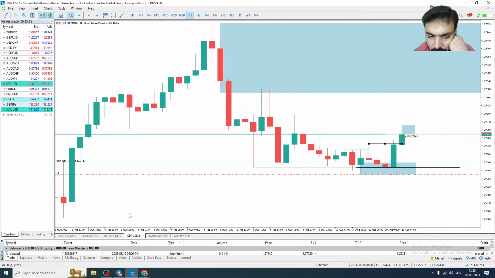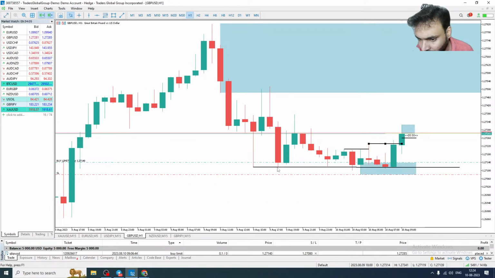So there is a chance price can go here and react, then it can come to the manipulation zone. It's already taken the liquidity here, somewhat taken, not 100%. Now it is time to take the liquidity from the top. It will go and take the liquidity from the top, maybe here, or maybe here. Once it has taken the top, then it comes down. It will touch the bottom, or it will try to take the bottom level. That's what it will do. But anyway, that is a good observation.